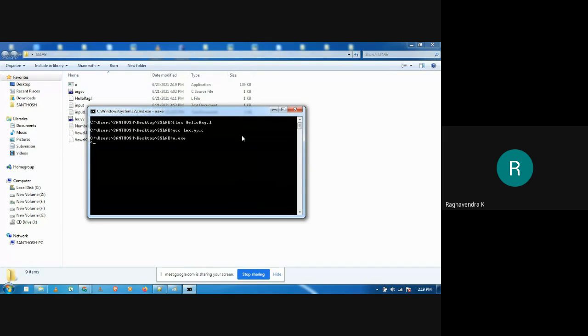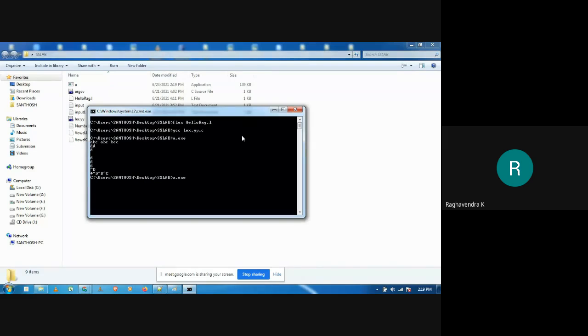Okay? So now, as you can see, I'm giving the input from the standard input. Okay, don't know whether it will work properly, because in the last case, because of the command prompt, we had not seen the output properly. So for the terminal, it's not working properly, but in your case, it might work.